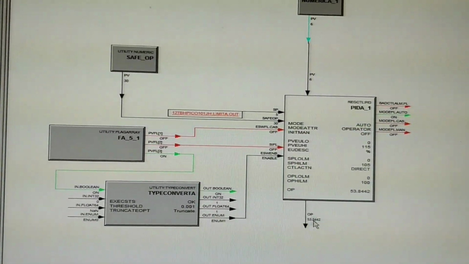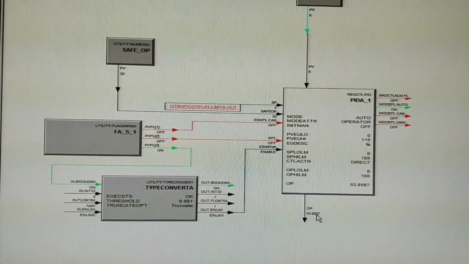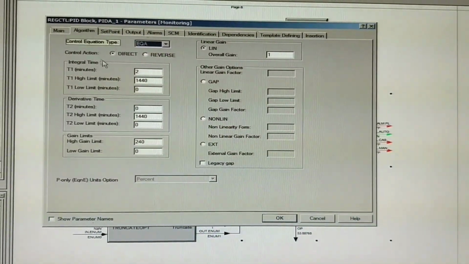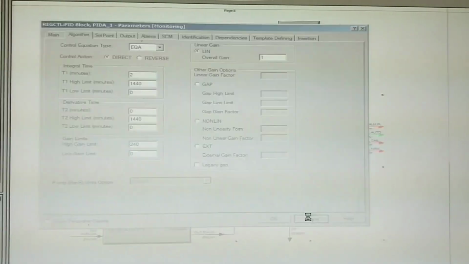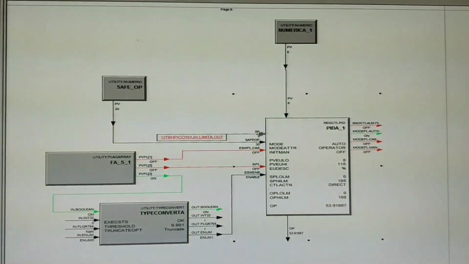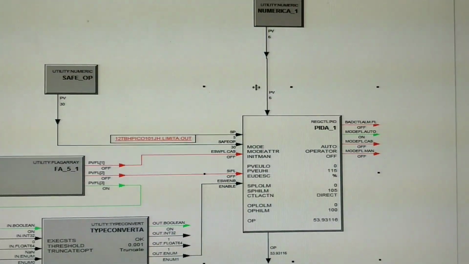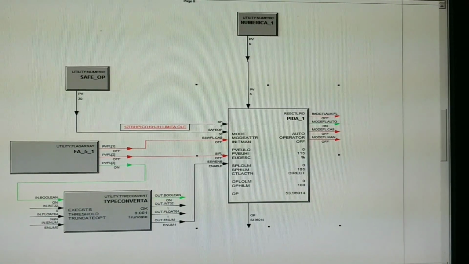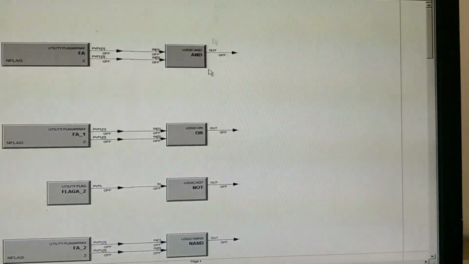So here you can see the output from the PID controller is increasing when the algorithm is in direct action. Now we will simulate the same condition with set point of 5 and process value at 6, but with reverse action.